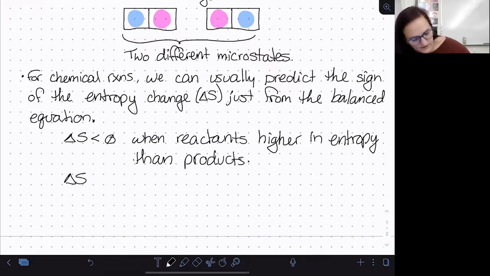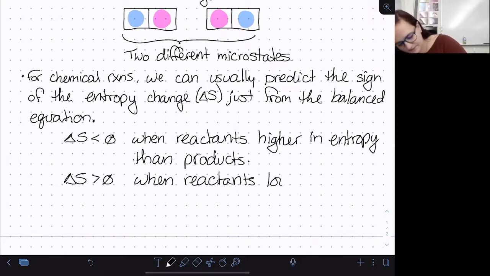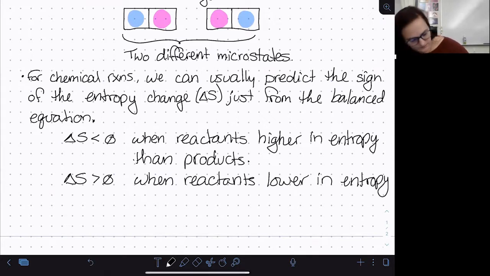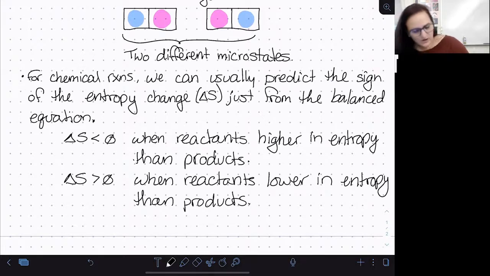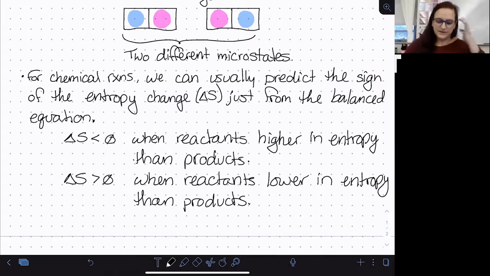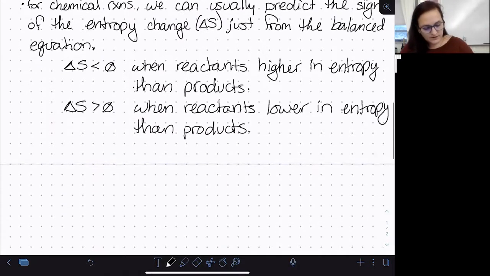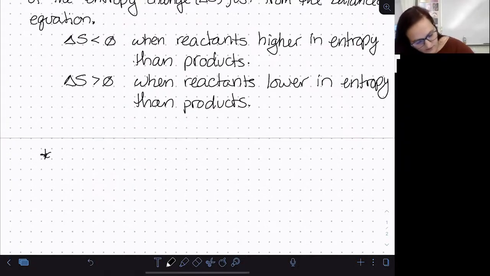And delta S is positive when our reactants are lower in entropy than our products. And there are two main factors that we want to look at to determine which side is higher, whether we have more entropy on the reactant side or more entropy on the product side. So the first thing that we want to look for, so factors affecting entropy,